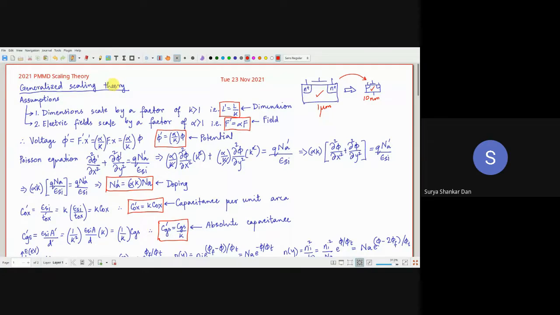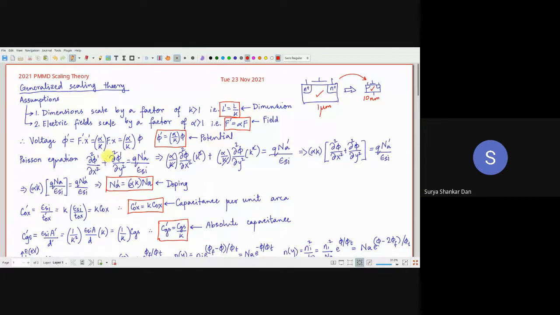So that is what the scaling theory is about. The generalized scaling theory simply defines the mathematical framework or mathematical models for each of the parameters of the device, which should scale when the device scales. Okay, for the different parameters. Whenever we speak about or think about scaling, what usually comes into our mind is basically that the dimension of the device simply changes. Okay, but that's not going to be true.